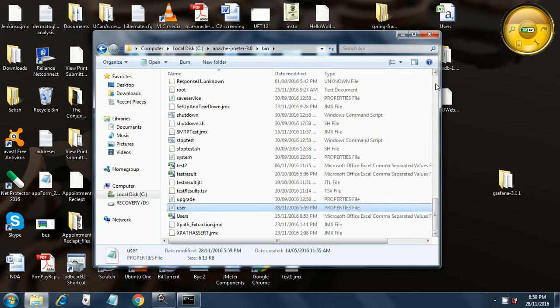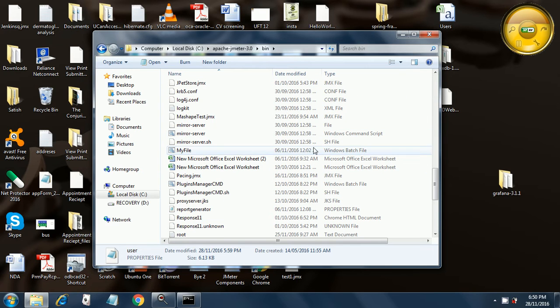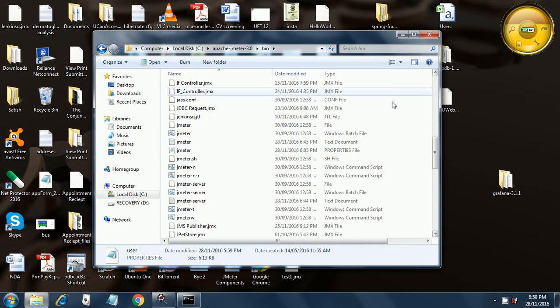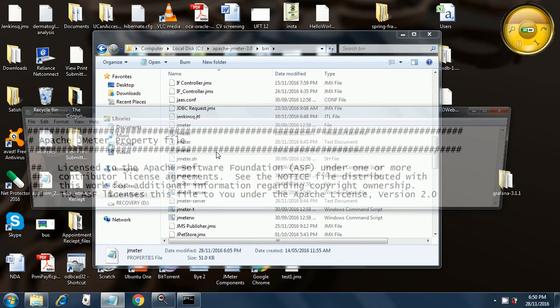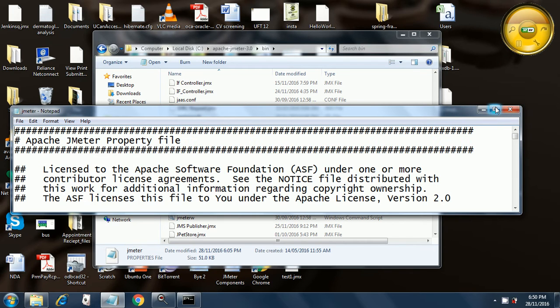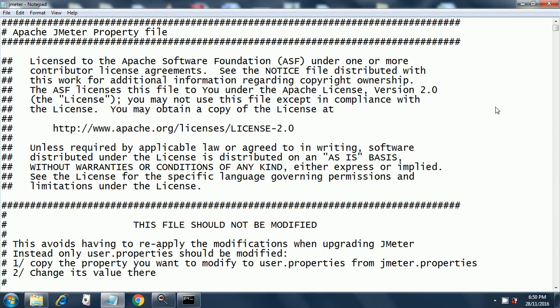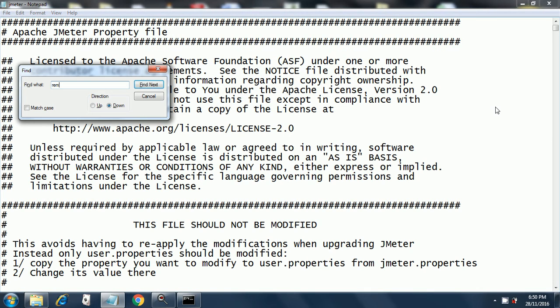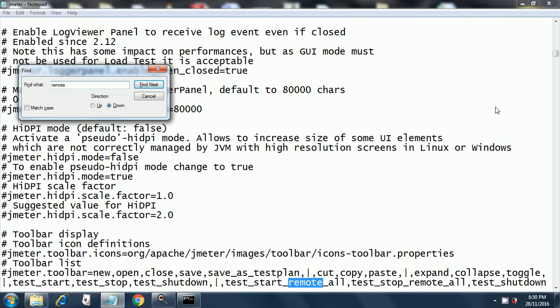The next file to modify is jmeter.properties. Find the jmeter.properties, and I have that file over here, and in this file search for remote. You get remote at a few places.